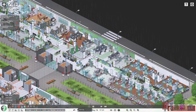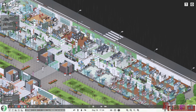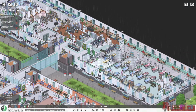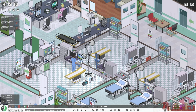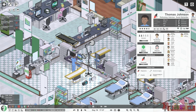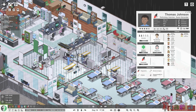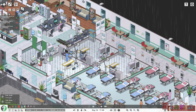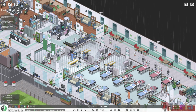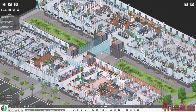So we'll do that. And to be honest, with the workload that he's got here, I think we are going to need more diagnostic doctors. And then I will also build them across here and check over my doctors. So we got a beautiful gentleman here, Thomas, who again has a massive workload. Look at that. Blimey. But yeah, and I'll make them across all departments ready for the next